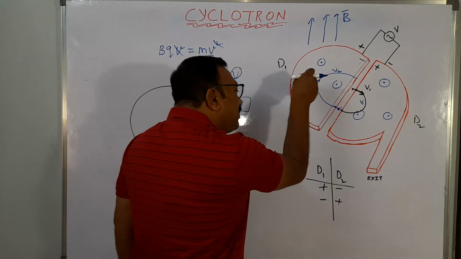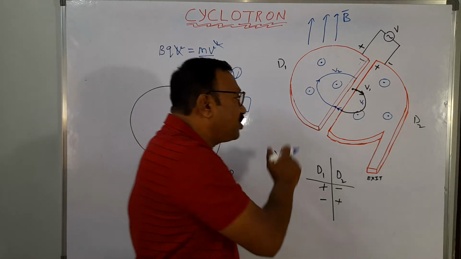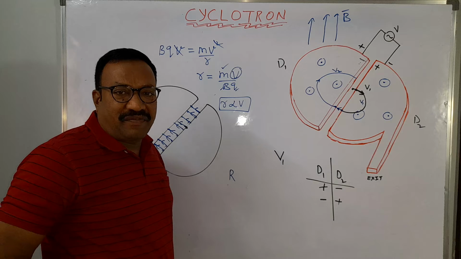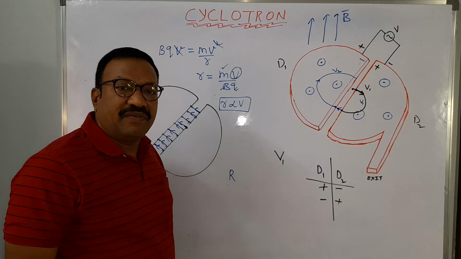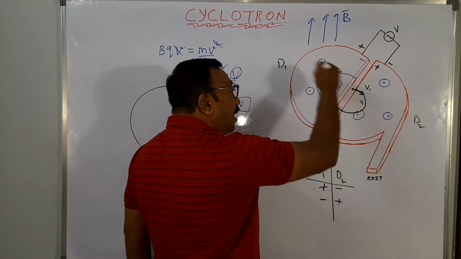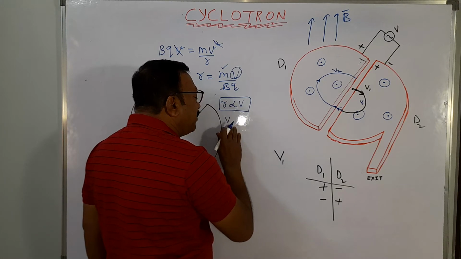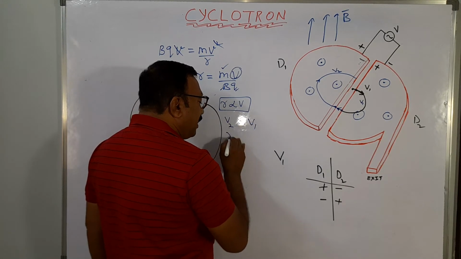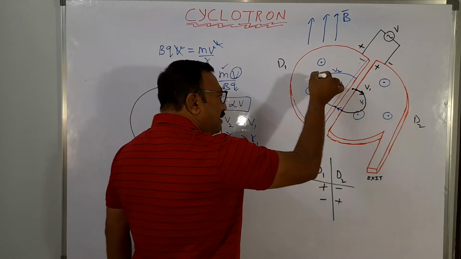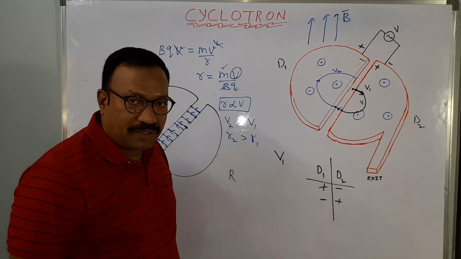And once you enter the magnetic field, the magnitude of the velocity cannot be changed. The magnitude of the velocity is changed only between the plates due to the electric field. That is called accelerating field. Electric field is accelerating field for you. So now it completes a circular motion with a radius r2 because v2 is greater than v1, then r2 will be greater than r1. So this radius is r1, this radius is r2. So again it makes a half cycle motion.